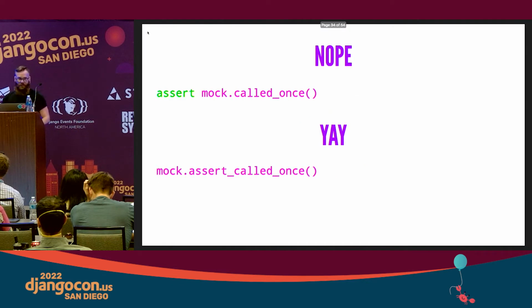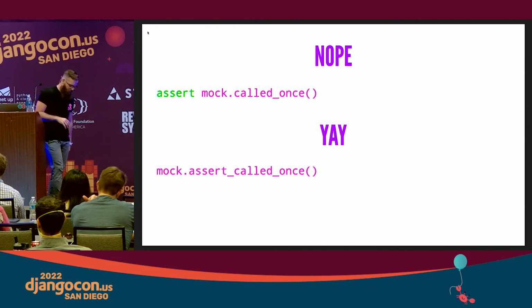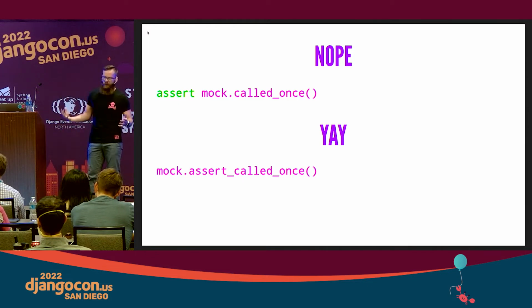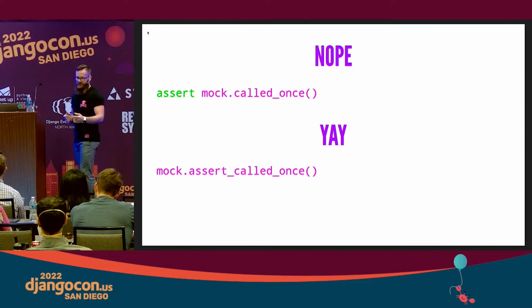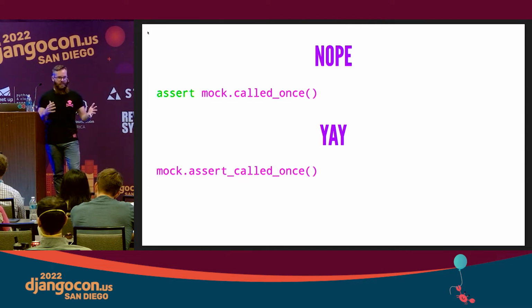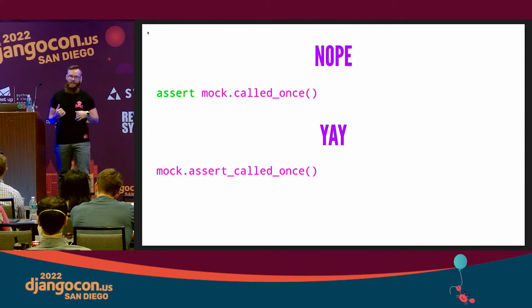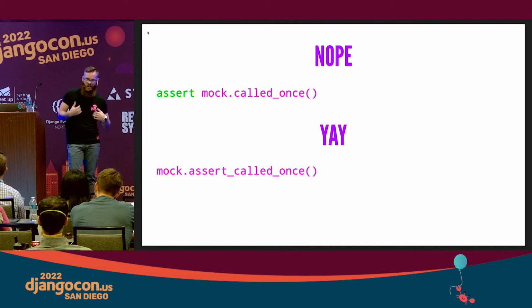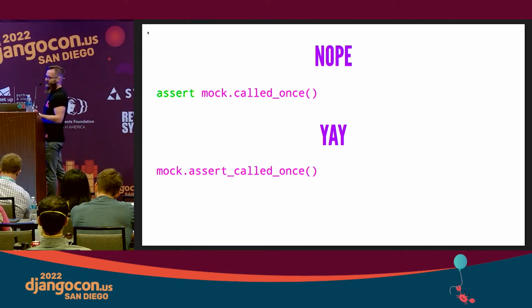So what does this look like? What are some examples of that? I don't know if you've ever written a test like the code at the top, where you're using the mock library in a unit test and you say assert mock.calledOnce. It's a pretty bad test because that line is always going to be true. That's never going to fail. It's like writing a test and forgetting to write assert statements in there, which I have definitely done. Pretty useless test, right? You get great code coverage, but you don't test that anything works.